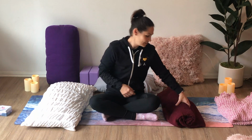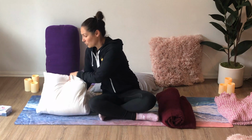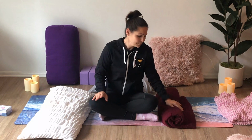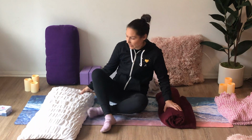All right, and from here we are going to go into a supported bridge pose. So we have a few prop options. You can use a pillow, a folded pillow if you need something a little bit sturdier. You can use your rolled blanket. If you have a bolster, you can use a bolster or a block. Either way,